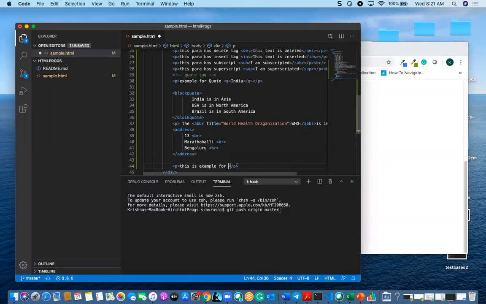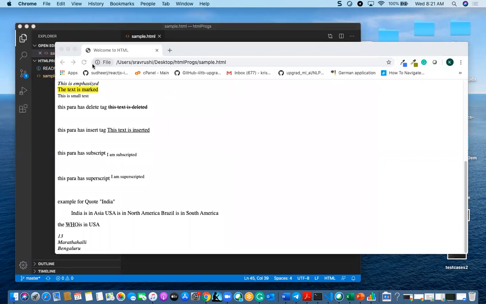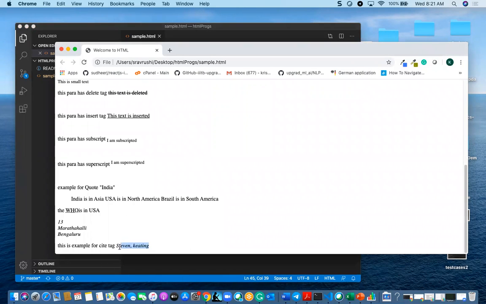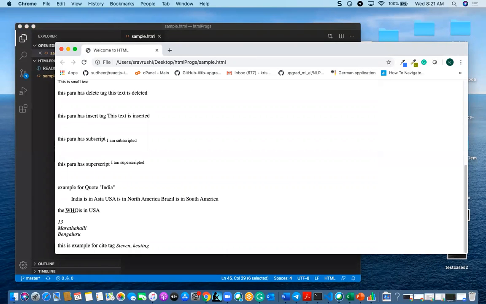Example for the cite tag. So here I am going to have the cite tag, and then I can find it will be taking the format of italic, but it will come as a block, and also it will preserve whatever we have entered here, like capital or small or whatever it is. It will be preserving the same format.